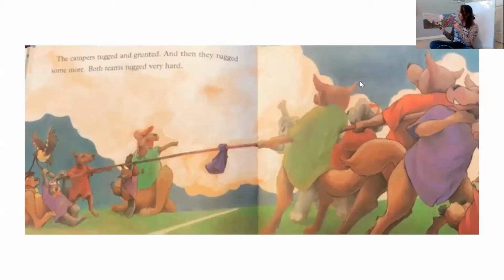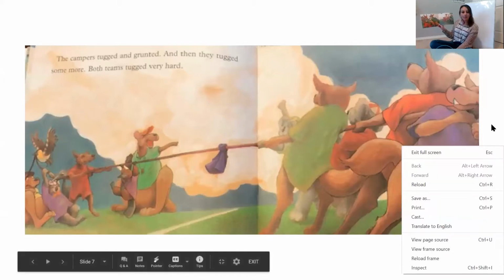The campers tugged and grunted, and then they tugged some more. Both teams tugged very hard. For a while, it looked like Kangaroo's team